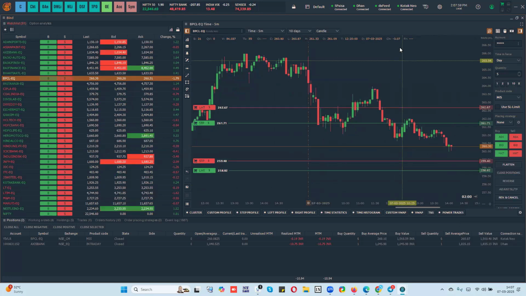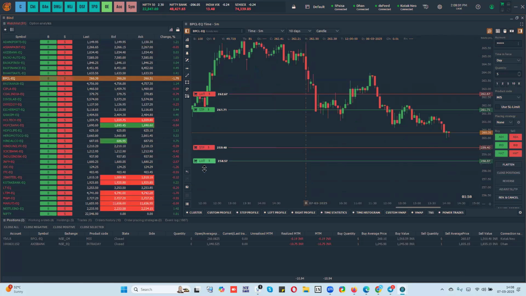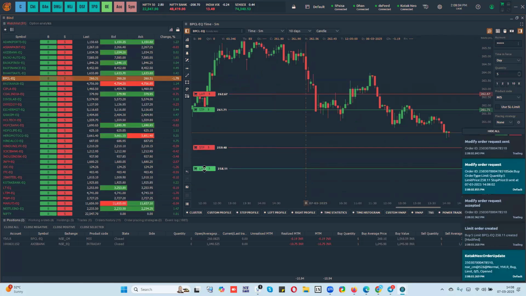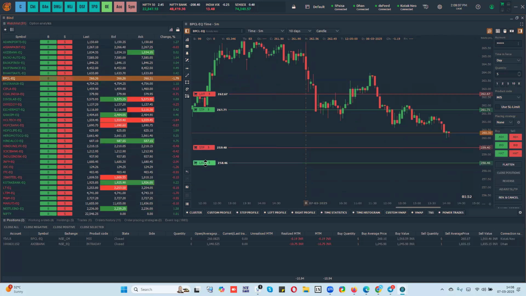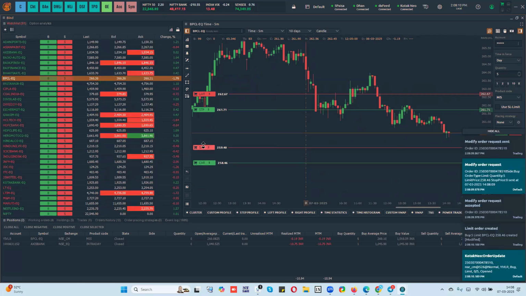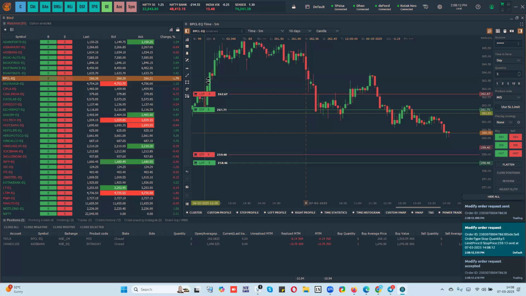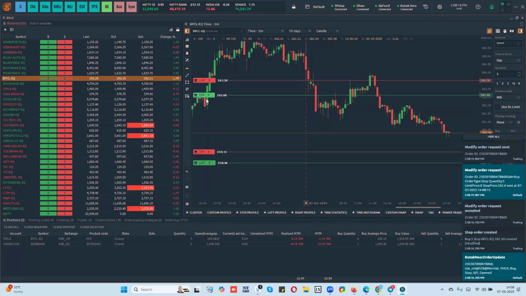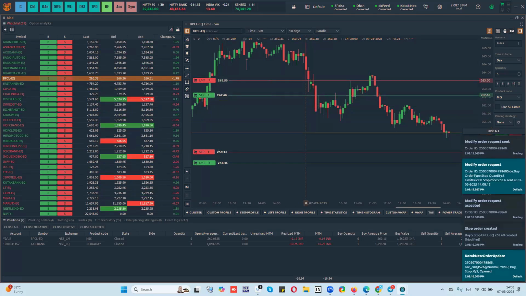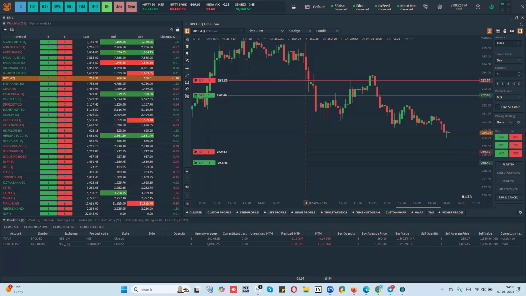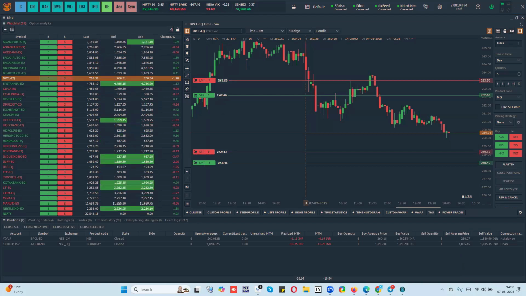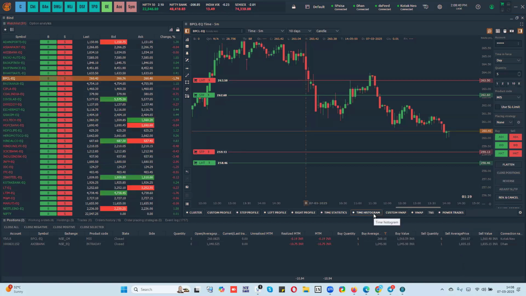Now, if I want to modify these orders, I can simply drag the cursor and the order is modified. If I drag and keep the cursor wherever I want, the order is modified automatically. Same way for the stop loss, same way for the limit sell, same way for the stop buy. Any questions so far? I will ask everybody to ask questions or voice as well. But if you have any question in the chat at this point of time, let's focus on chat questions. You can easily do all the four types of order that are available with one click here.